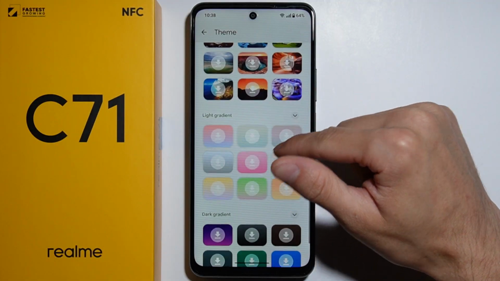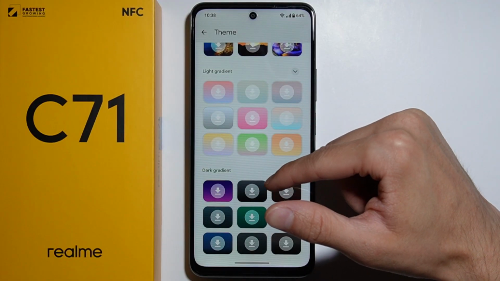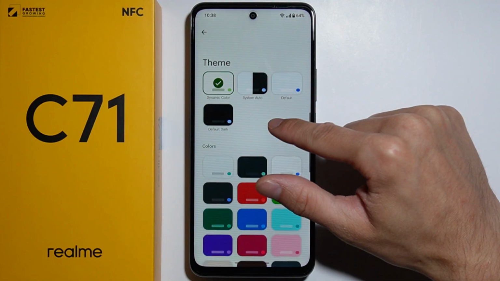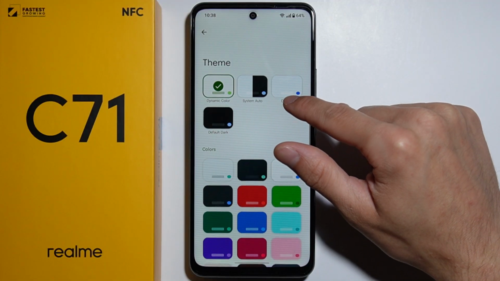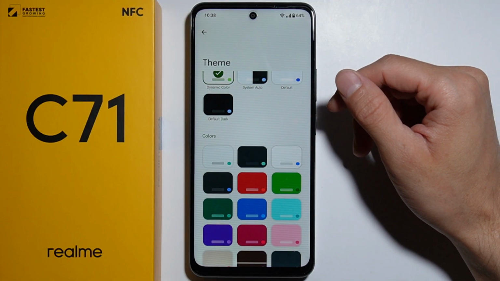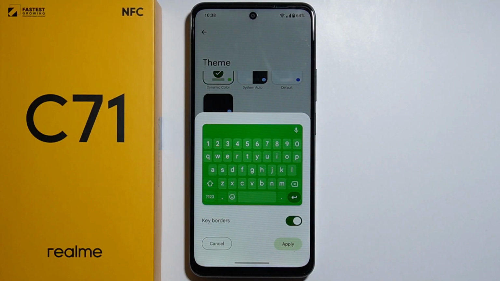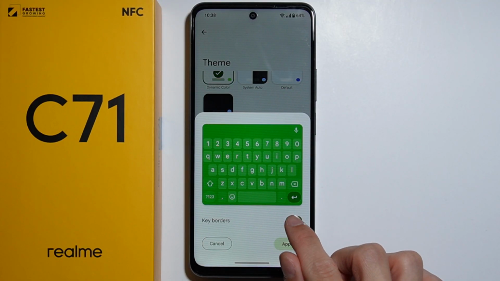The rest of these themes right here, as you can see, you will need to download them if you'd like to use them, but these colors and these default themes are actually already on your device. So from here simply select any theme that you like, and here you can additionally toggle the key borders,